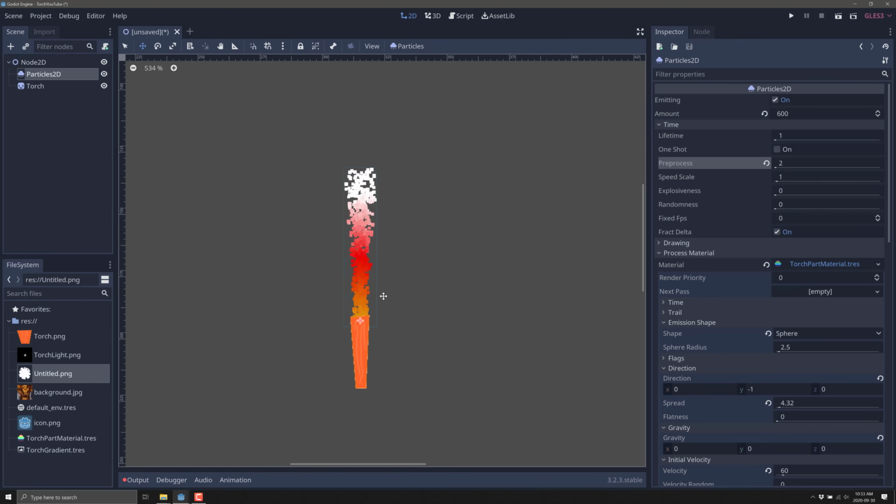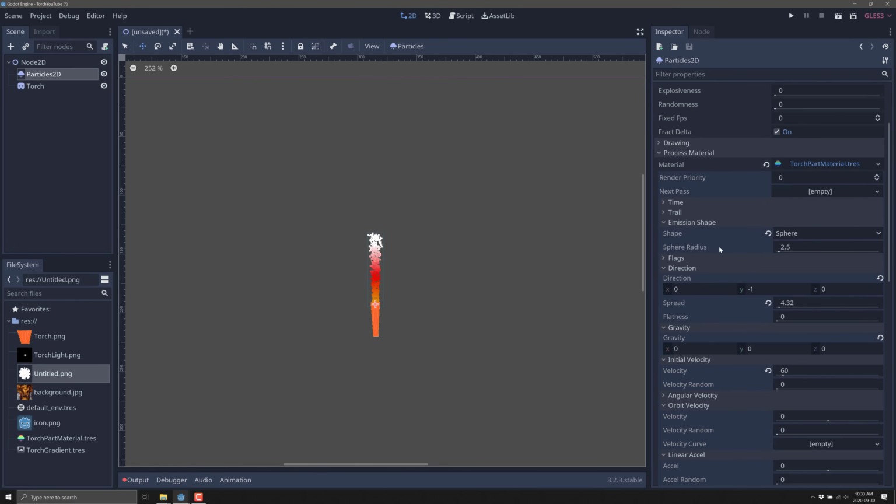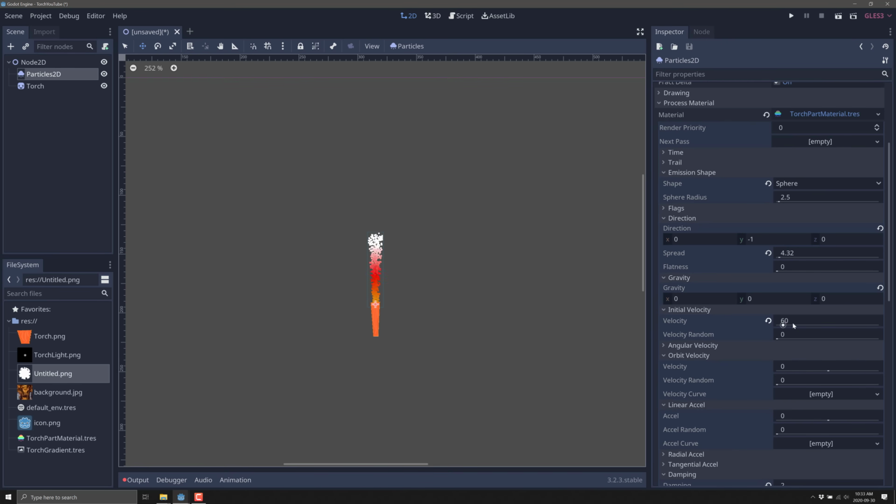Okay, so there is our particle system. There is our torch. Maybe a little bit on the extreme side still, but it'll work for us. So, I'm just going to, again, turn the velocity down just slightly. So initial velocity, let's turn that down to 50. All right, let's turn that down to 40. Yeah, that'll work. And we'll put a little bit of randomness in the velocity so that they're not all running at a consistent speed. All right, there we go.